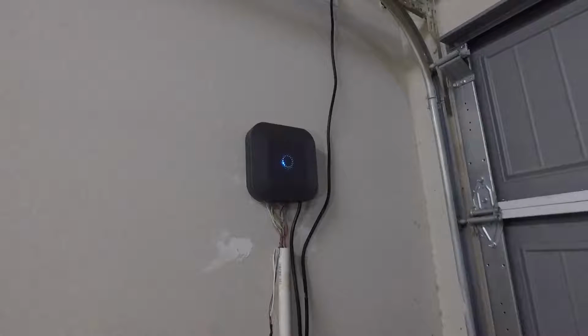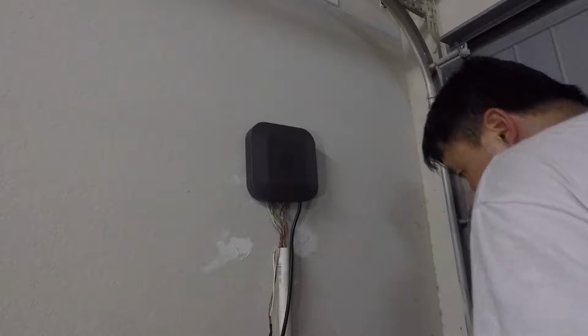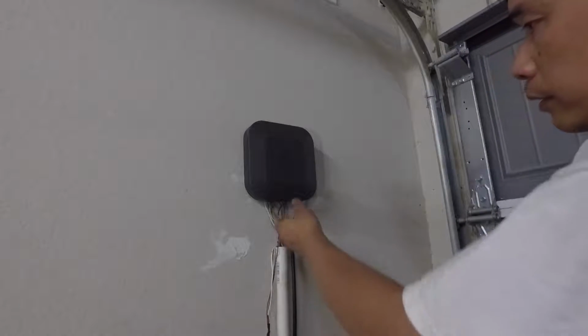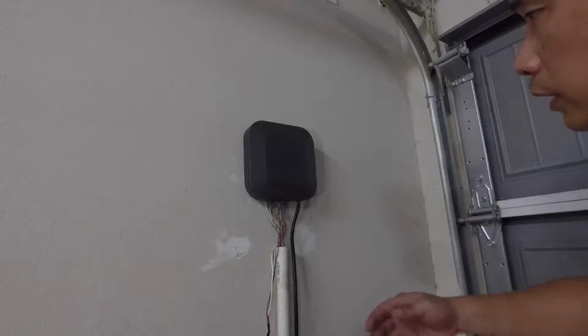We are going to replace my sprinkler. This is the Blossom sprinkler system. It's pretty good. Had it for about a year, and for most of the time it does really well, but I built a pool, or had somebody build a pool, and the pool company messed up a lot of my sprinkler lines, and because of that, we had a sprinkler person repair the sprinkler system, and actually the replacement part does not work very well with